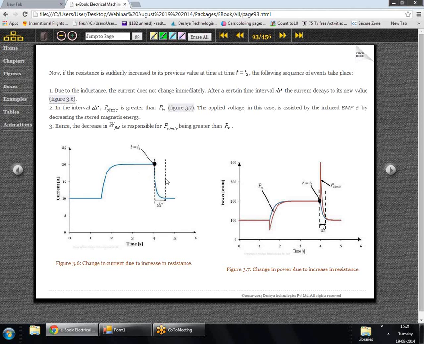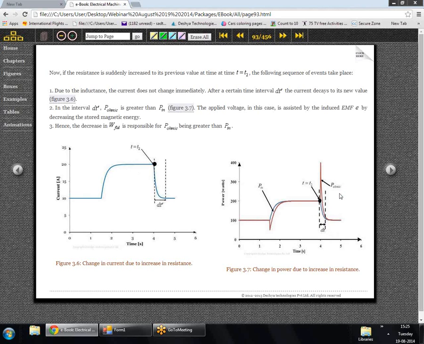And if we look at the analysis for the falling part of the current, that means when we have increased the resistance, the analysis is shown here in figure 3.7. So here, when the resistance is increased and the current falls, we can see that the input electrical energy or the power is less than the ohmic loss. So ohmic loss is more than the input electrical energy, and this difference between the input energy and the ohmic loss is actually the field energy.